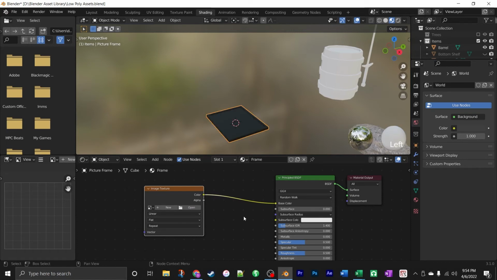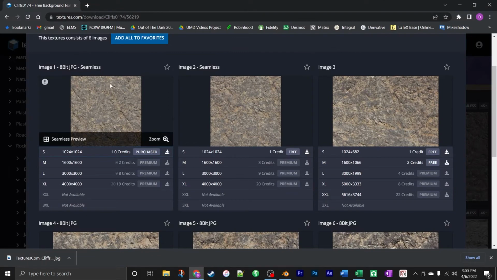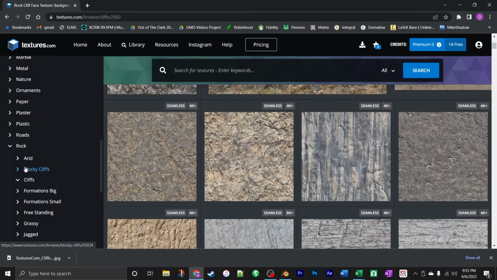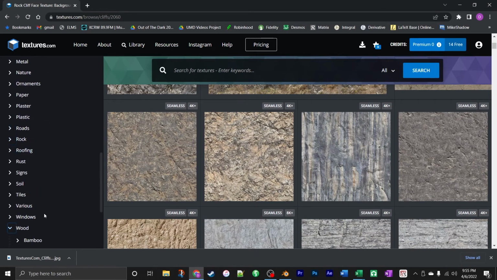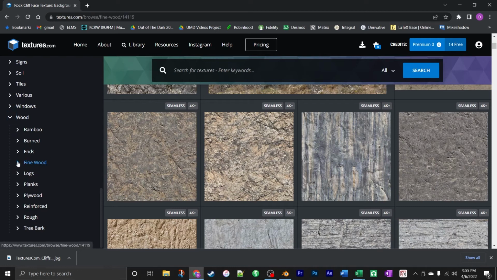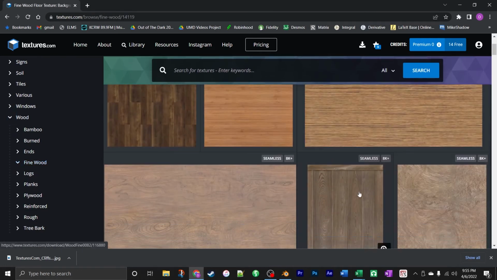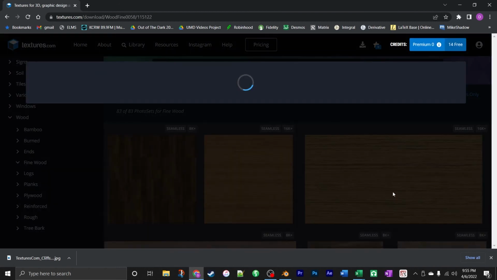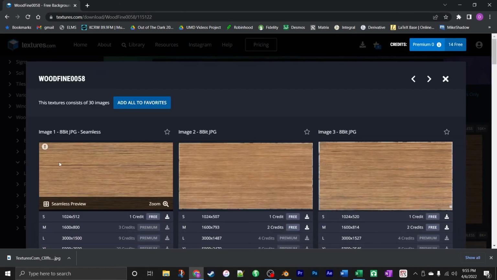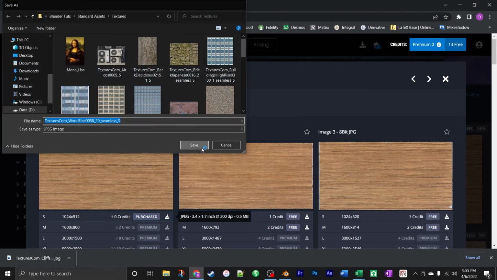Yeah, so this time we want a texture that looks like a wood grain on the frame. So let's grab a wood grain texture from goodoldtextures.com. All right, so where's some wood grain? Wood. And let's go fine wood. Oh, I think that's going to work for us. So this first one right here looks perfect to me. It's got a long sort of amount, and we can get a bunch of different slices out of this for our picture frame. That is great. So let's just grab that, save it,